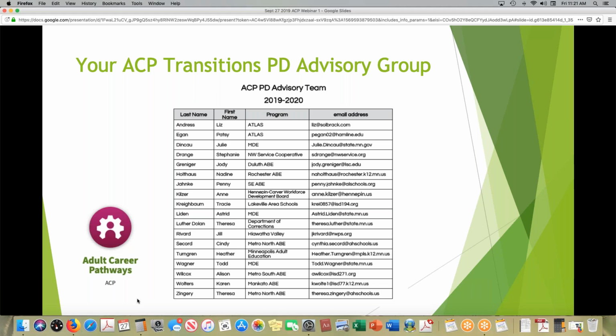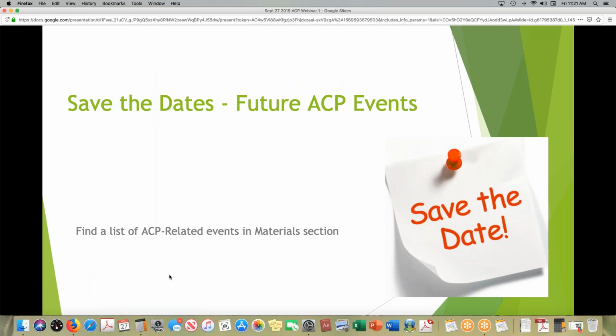This is complex work. It is happening all over in very different ways and at different paces. And we've assembled a group really working through a range of different circumstances to get this work off the ground or to strengthen the work that's already happening. So we're just grateful to those folks and eager to continue the work with them. Some of the things that this group is working on is putting together events like this. So thank you. There's a handful of ACP events we want to be sure you know about.